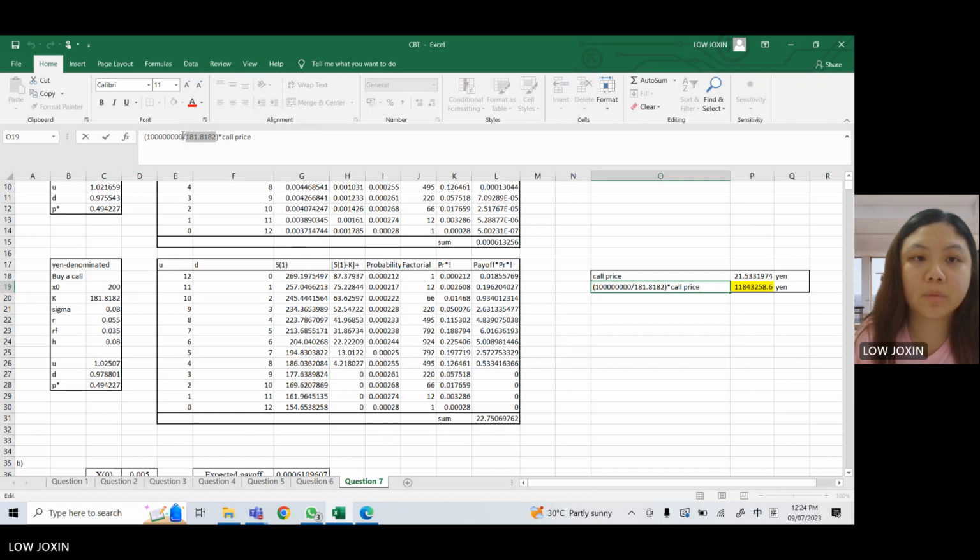Because this is our strike price, we estimated that we will need to pay this much of money to exchange for a pound. So it means that if we have this much of yen, then we can buy